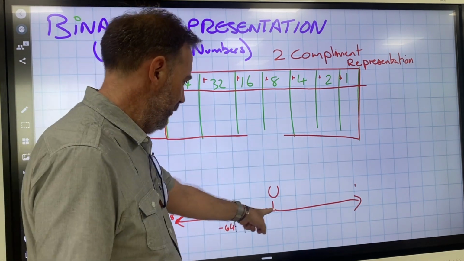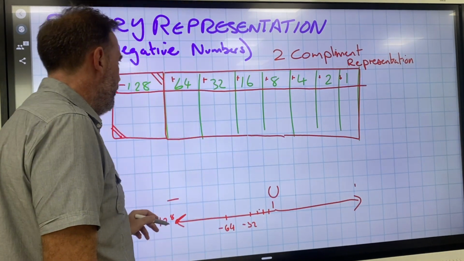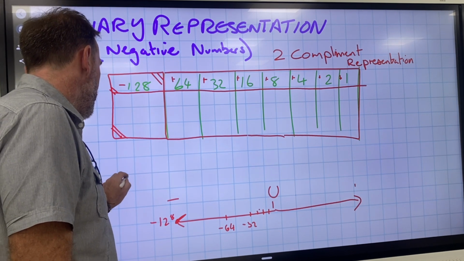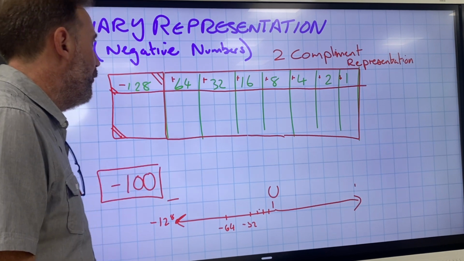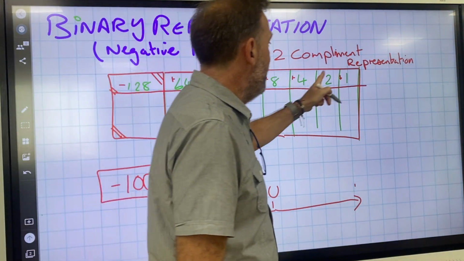Is that useful? Yeah, I think it is, isn't it? So negative 100. Now then, one thing to point out, this is